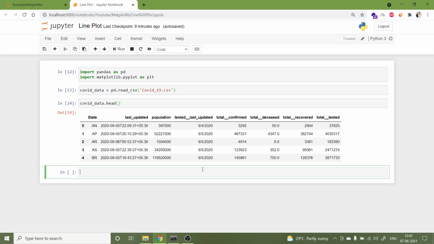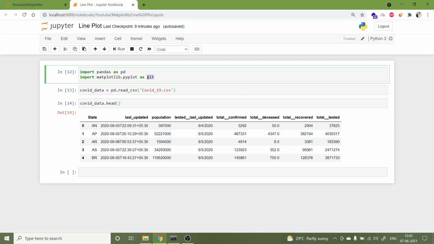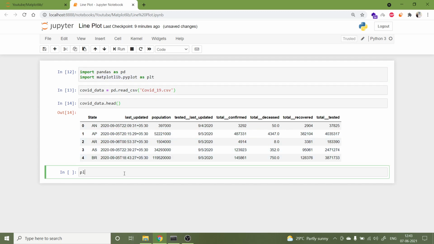For plotting the line plot, we have imported matplotlib. We just have to use plt because we have renamed this complete package as plt. In that we will use plt dot plot. If you want to plot the line plot, simply plt.plot is the function. Then on the x-axis we want to plot the state column, so let us give state there. It will take the complete state column.